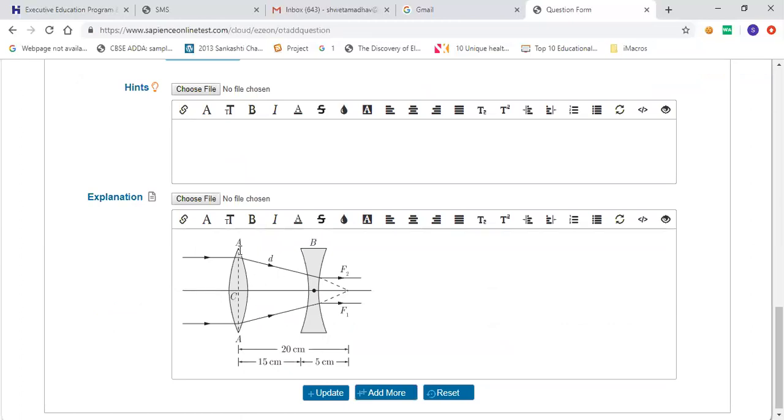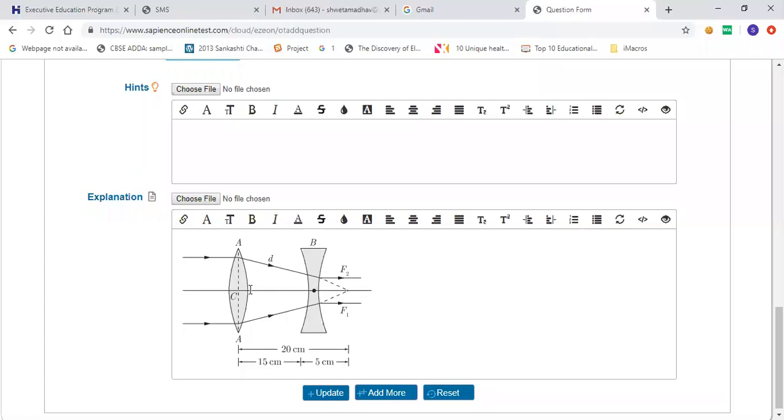Are you able to understand this? Yes, ma'am. Then the image is formed at this point. Now this point should be the second focus of concave lens. Then only the rays which appear to pass through this will be parallel to each other. The rays which are falling on this lens, which appear to pass through this focal length, then only they will pass parallel to principal axis. So that means this point where these rays from the convex lens converge should be a focal length of second also, but the virtual focus on the right hand side.